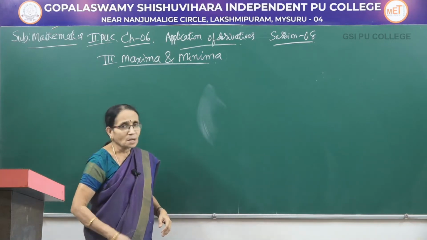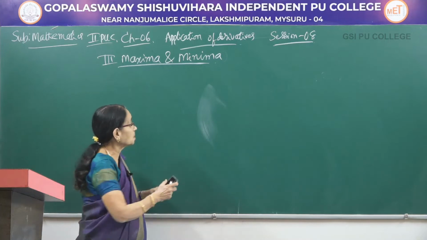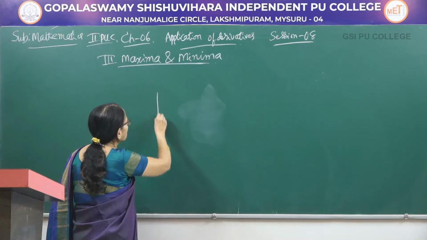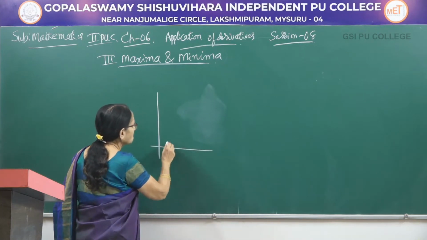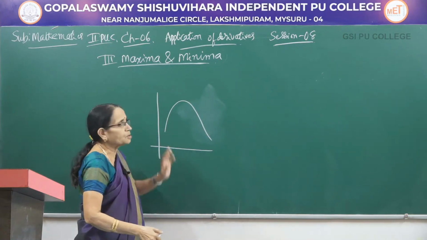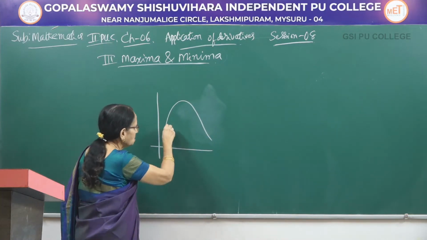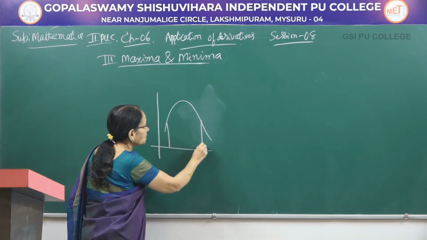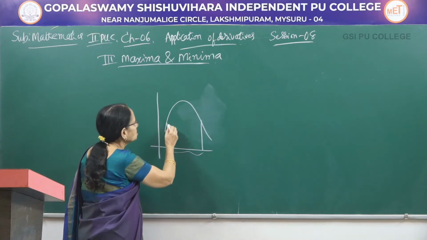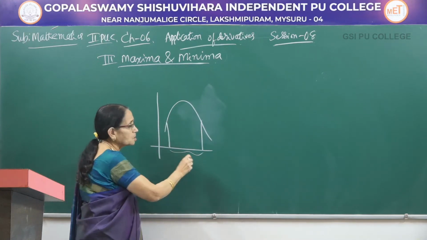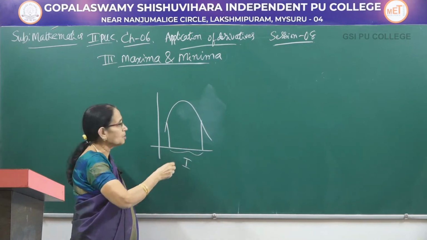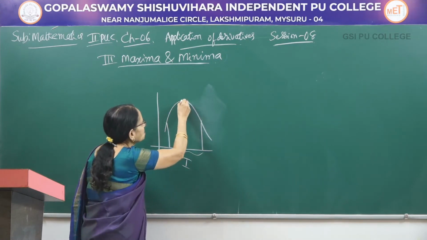Now, generally, without considering any function, suppose a graph of the function is like this. Let us consider this is a function. When you draw the graph here, let us assume this is a function. This is a graph of the function. Now, let me consider an interval here. In the interval, you just take this point. So, let me take the interval to be equal to I here. From here to here, I am considering the values of x here. And observe here, at this point,